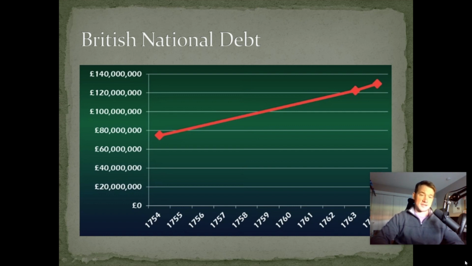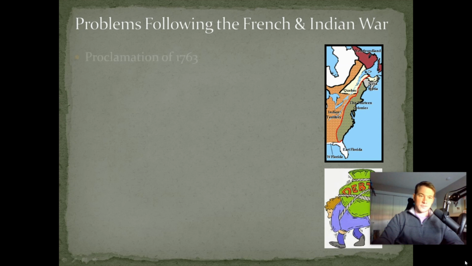Now, the first one I talked about here, obviously outspending the French, the idea was they would pay it back later. And that's what they're going to do. And that is going to set the colonies on the course towards the American Revolution and us having a United States of America. So as we move through this, we can see that there are several problems following the